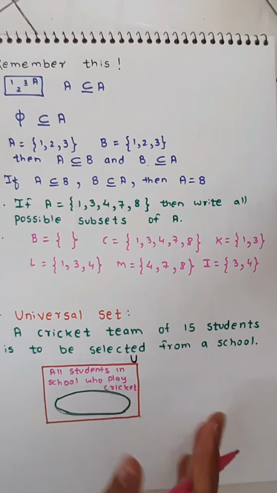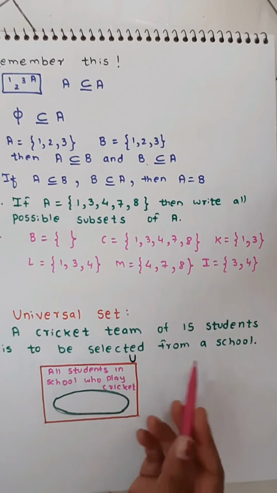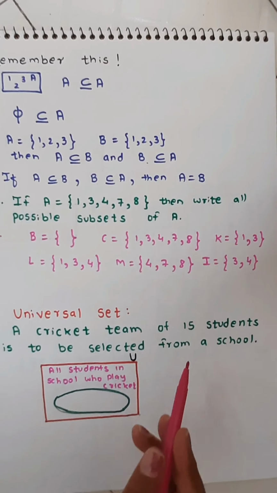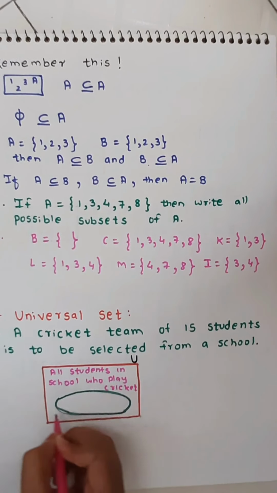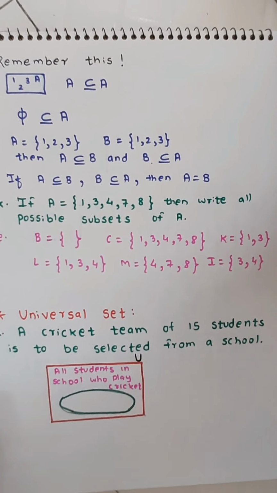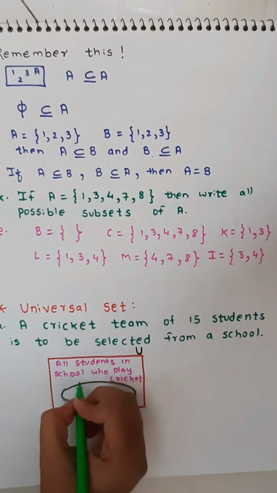But we are not interested in all the students who play cricket. Now we are saying that a cricket team of only 15 students is to be selected. A 15-student team is a smaller set, a subset of the universal set. So we'll include it over here. I'm going to write a team of